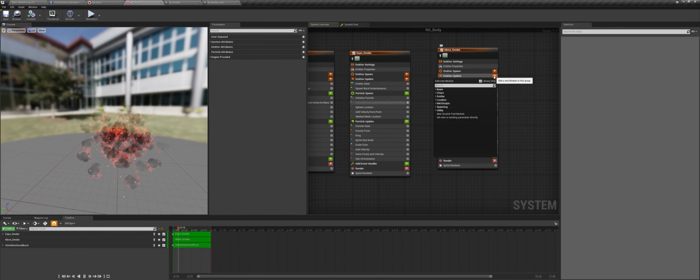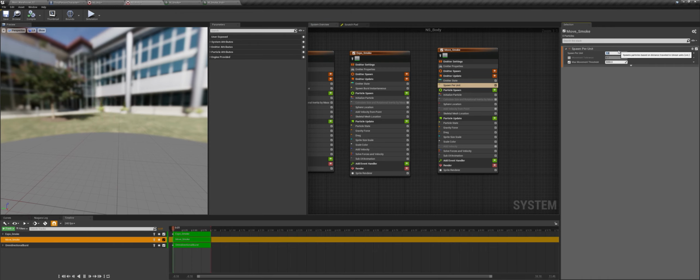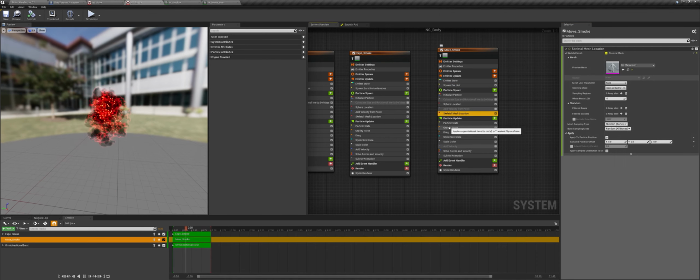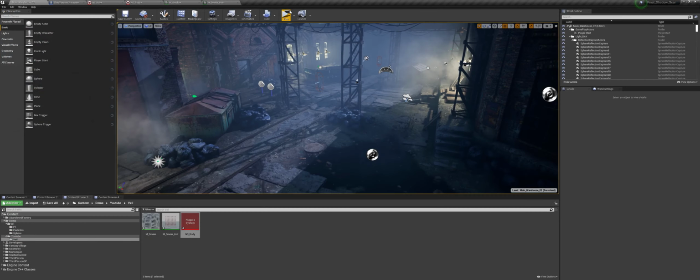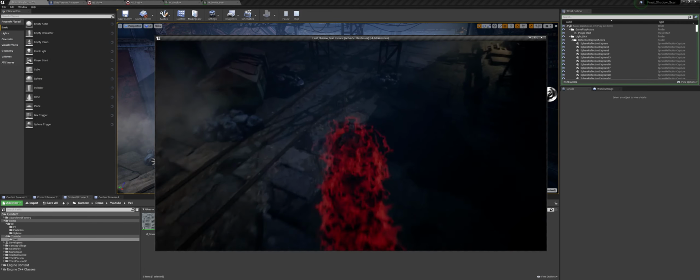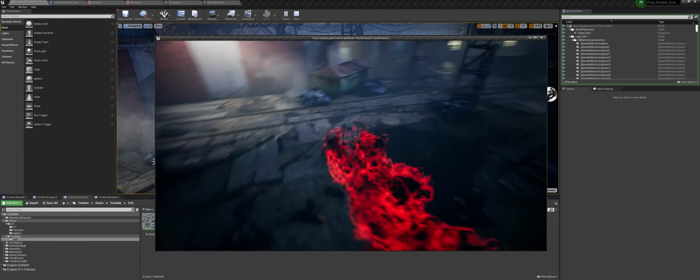Then click on update, then type in spawn per unit, then change this value to like 5 or something like that. So the higher this value is, the fewer the amount of particles we spawn. So here we need to disable the gravity force also. Now go to emitter state, then change the loop behavior to infinite. Now if I press play